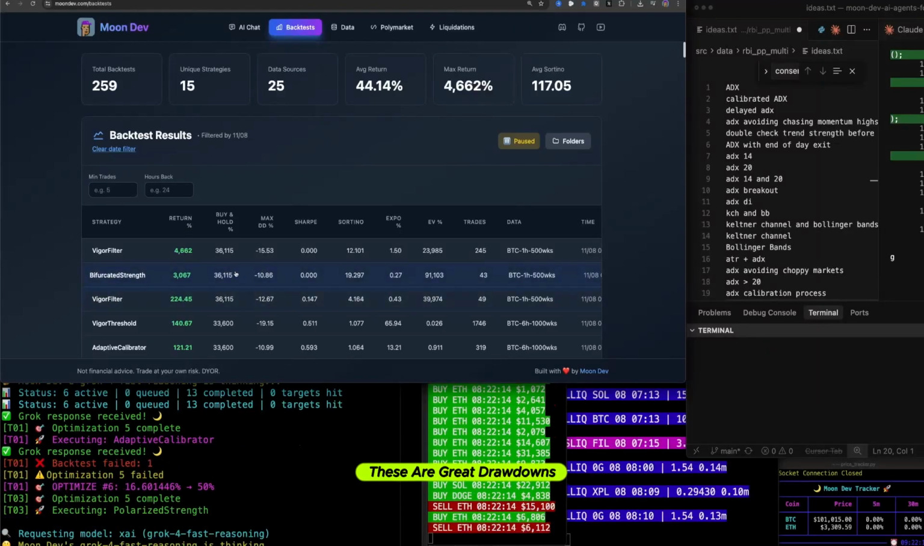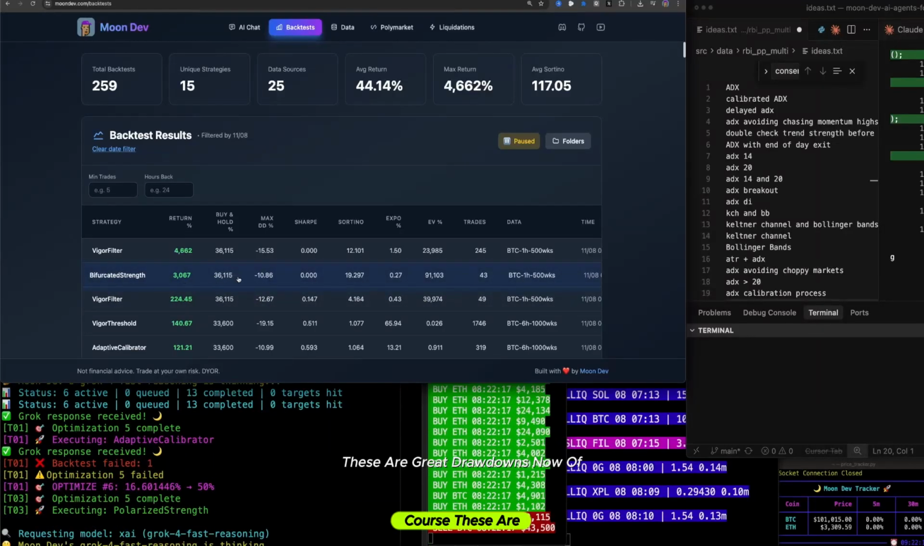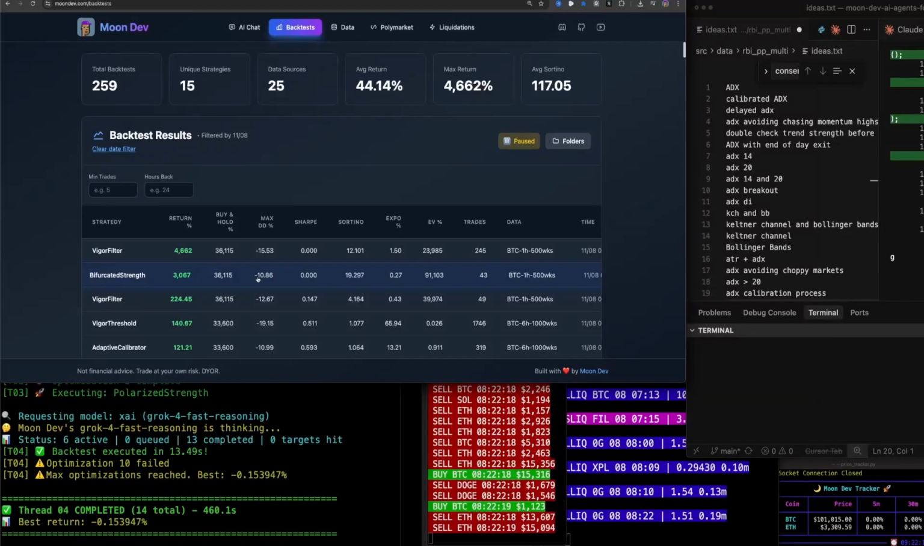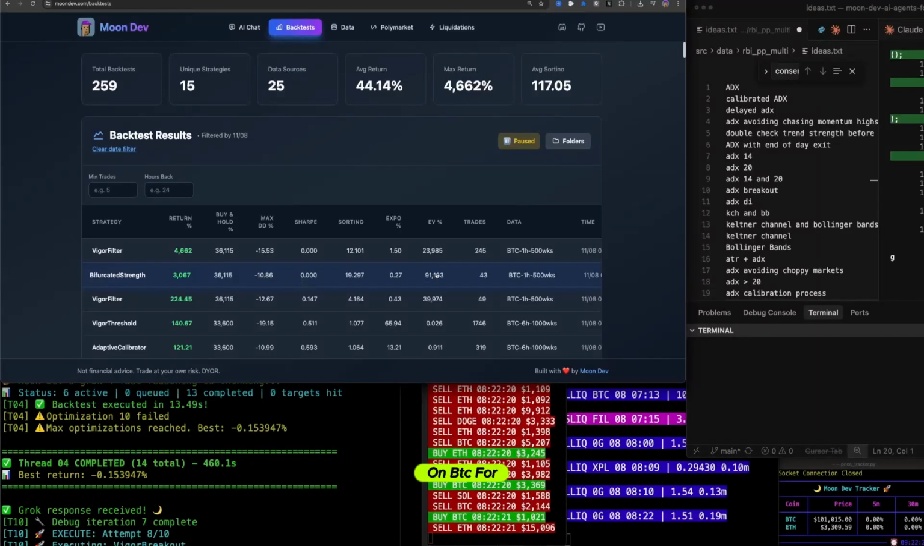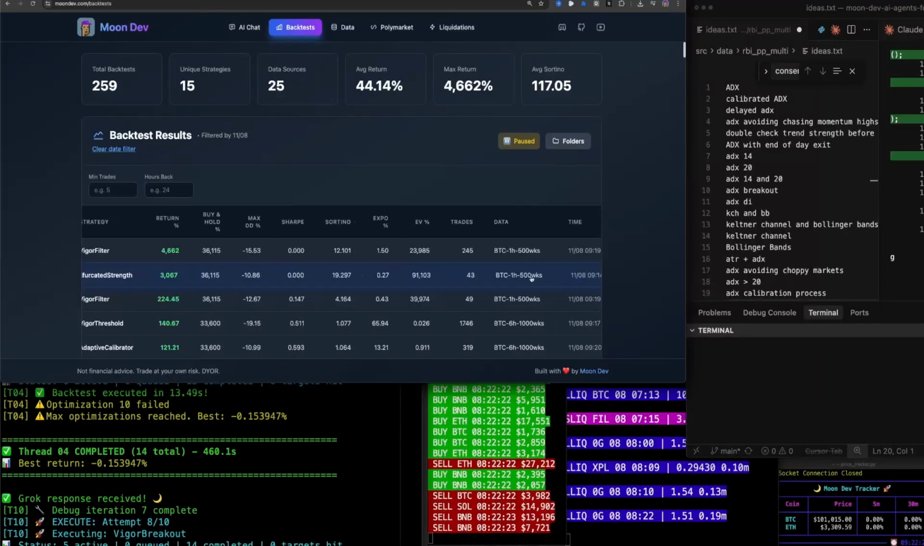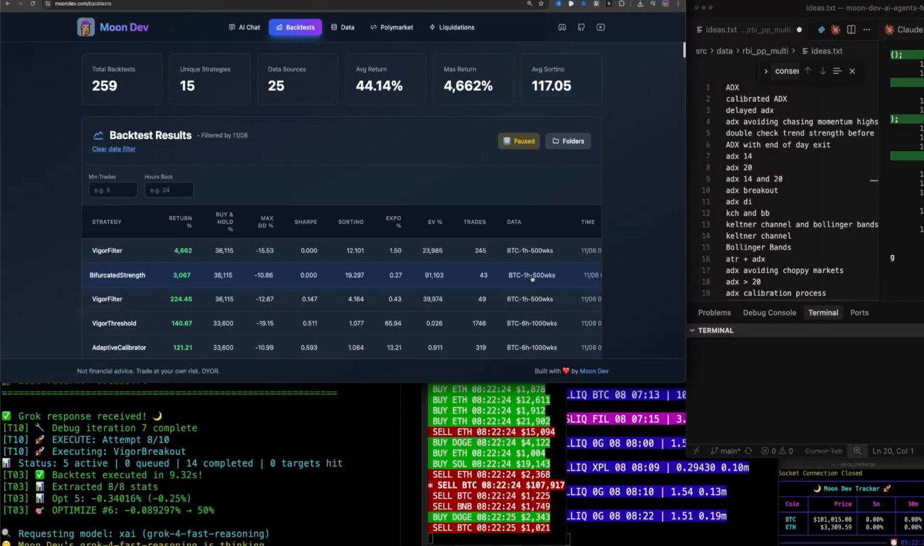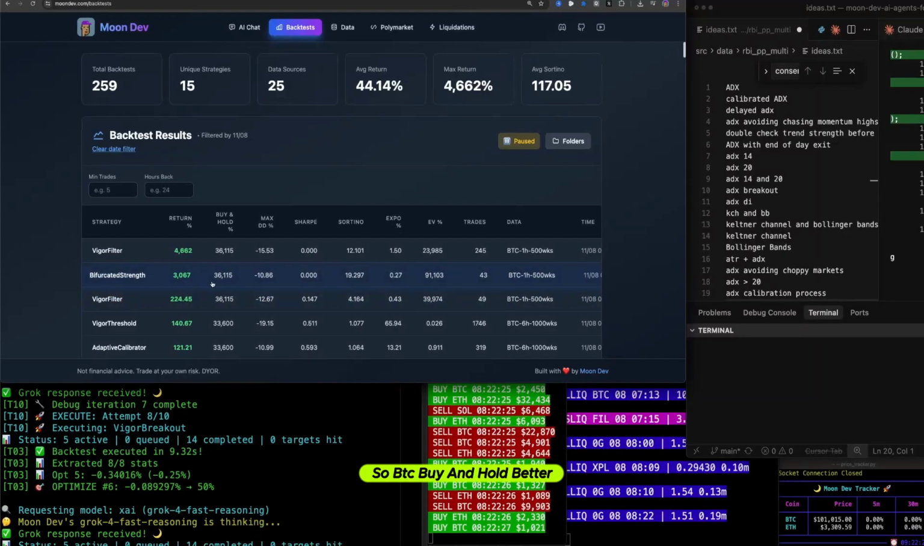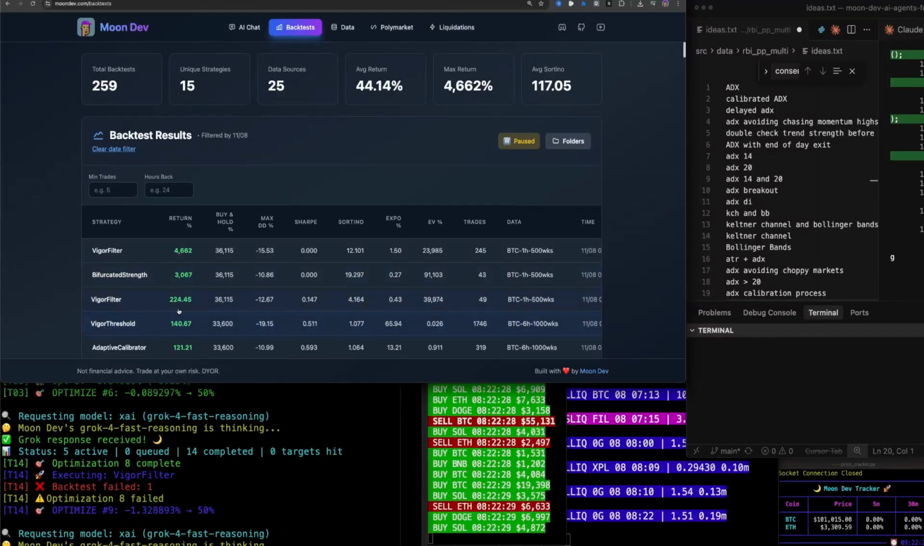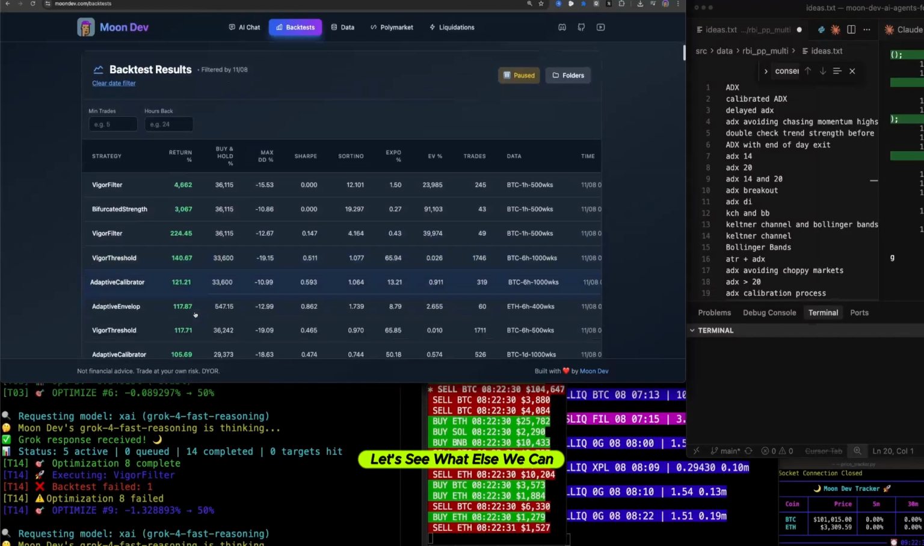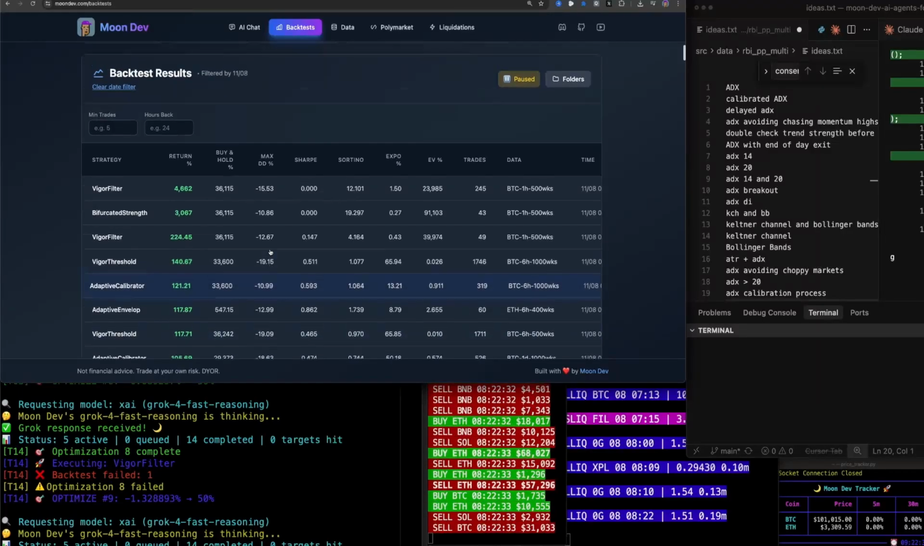These are great drawdowns. Now, of course, these are on BTC for almost 10 years. So BTC buy and hold is better. Let's see what else we can find. Let's look at